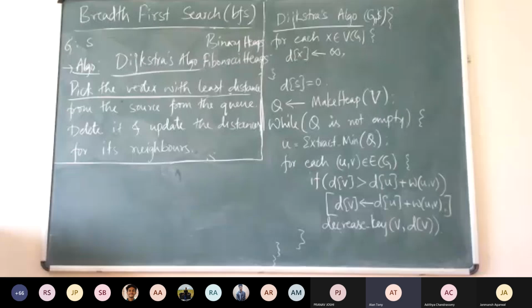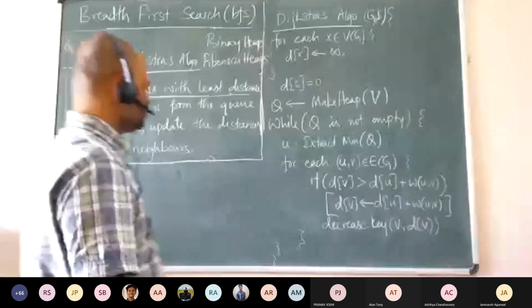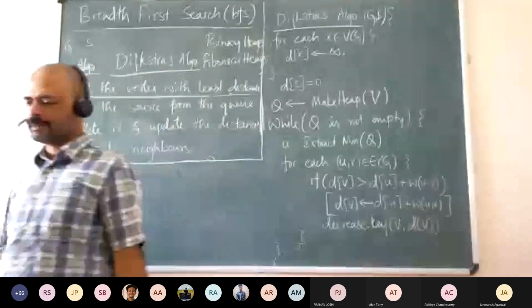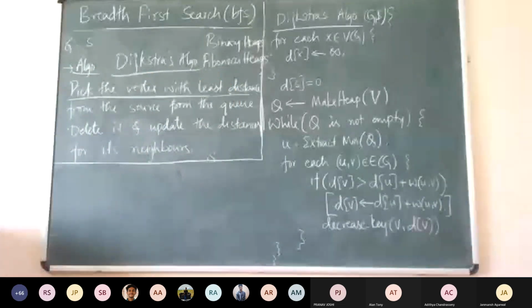After that, in extract minimum we are just taking the root each time. Exactly, if that is a minimum heap. It has to be a minimum heap, right? So we are taking the root each time and adjusting the heap accordingly.